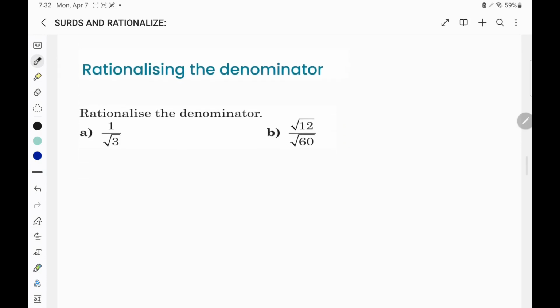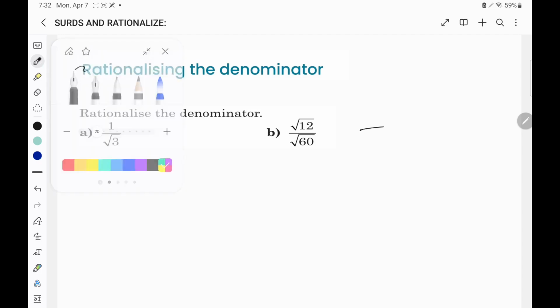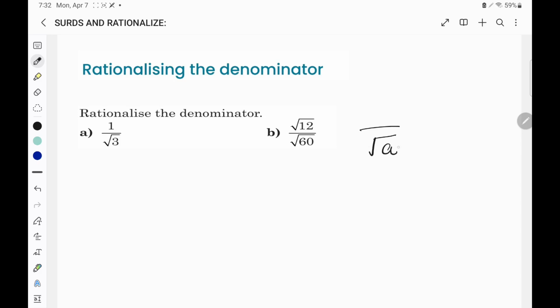Now rationalizing the denominator means you will have to end this surd in the denominator. Okay, it means you will multiply the same to the numerator and denominator to get rid of it, because if some number is coming in the denominator in the surd, if you multiply with this again, then it will come out from this radical sign. But you cannot do like you only multiply in the denominator, you have to multiply in the numerator also. Remember this. Okay, so 1 upon square root 3